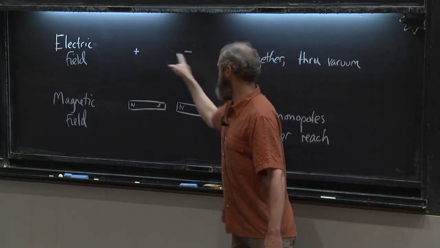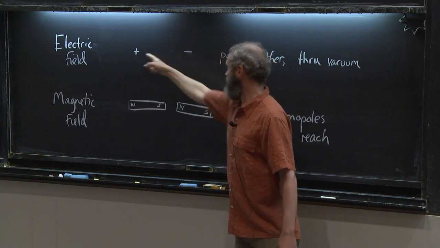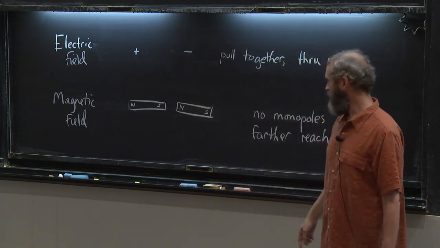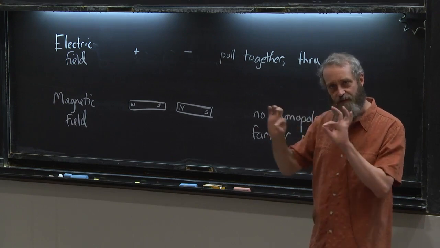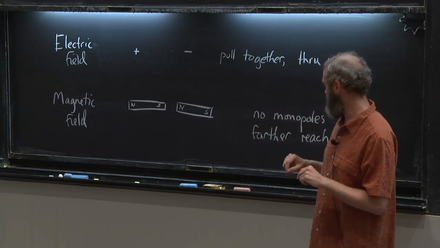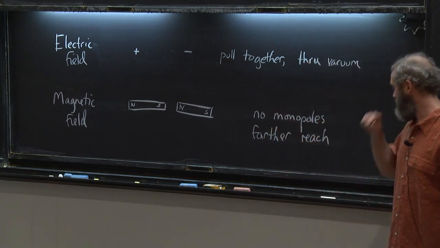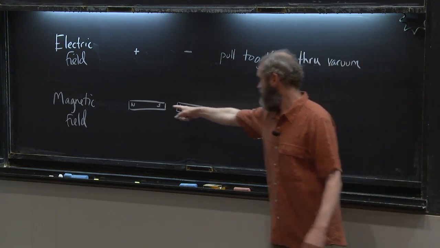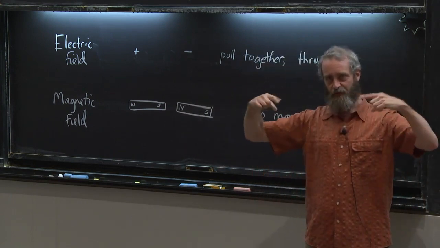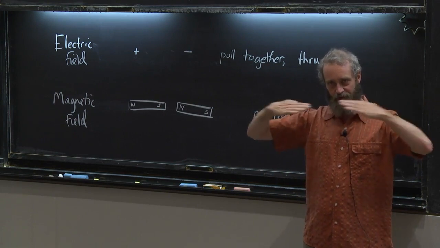In electric fields, you do have electric monopoles, an electron or the proton. But in the magnetic field, you just sort of have things where the charges are separated from each other like this. Another difference is that the magnetic field can reach farther. If you have two magnets and they're pretty strong, you can hold them pretty far apart and you'll feel them